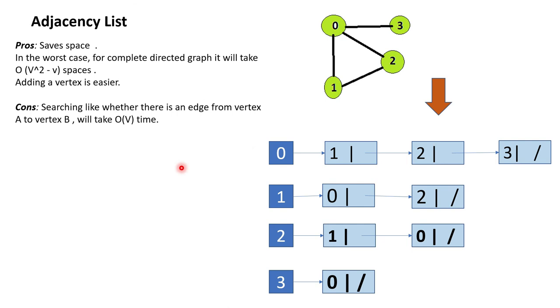So that's all about adjacency list and adjacency matrix. I will upload more videos about it, like how to add a vertex or how to remove a vertex, and how to represent a few other things that will become some problems. Okay, so that's all about adjacency list and adjacency matrix.